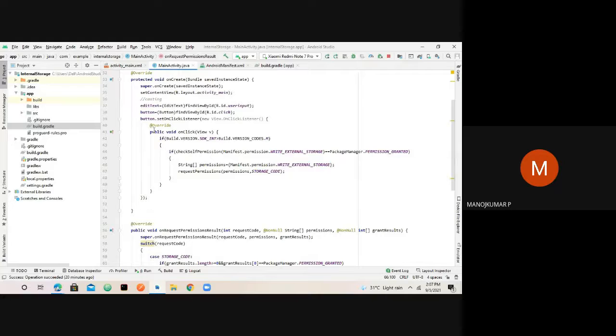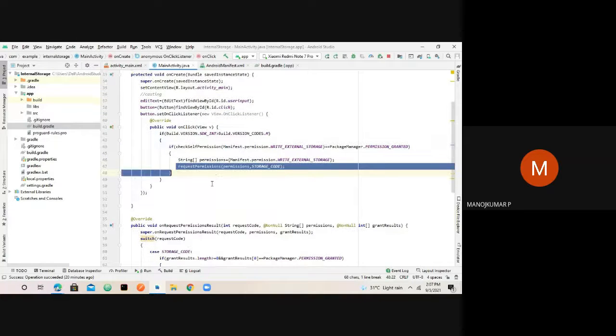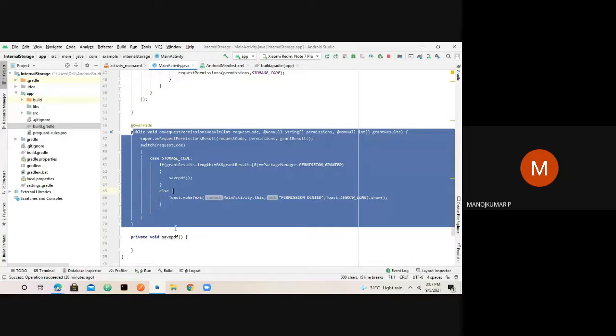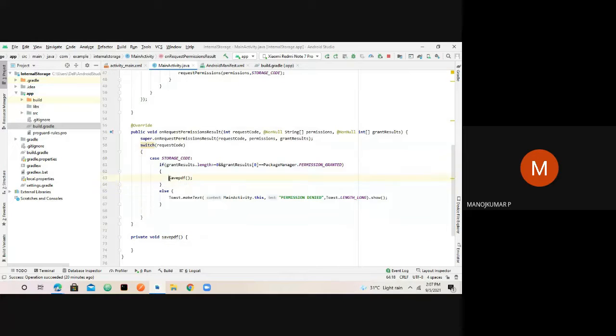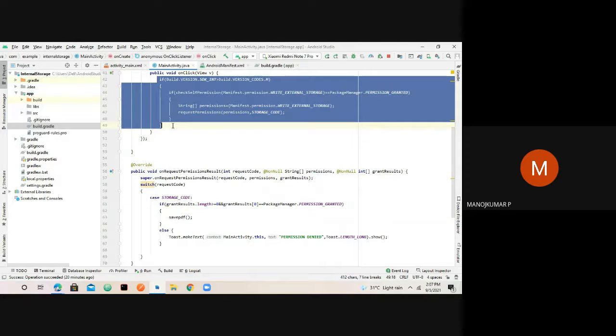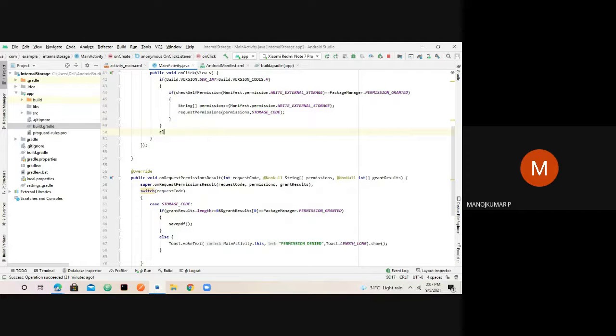Once the button is clicked, we are checking for permissions, and for that we have written a function declaration and a definition which actually checks for permission, right? So once this is done, I can get inside. So this may end up in a true state or false state, because some users might be using an older version of the operating system.